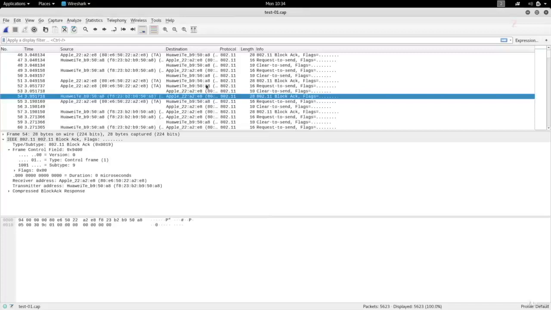So don't worry about Wireshark for now. I just wanted to make sure that you understand why encryption is useful and why it's used and why we can't see much now because we don't know the key. We will talk about Wireshark and all of that later on in the next section.